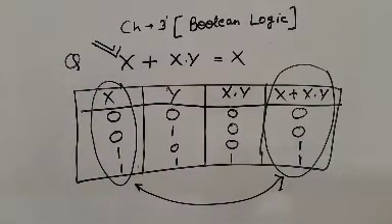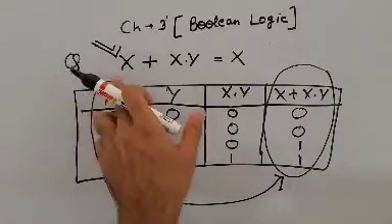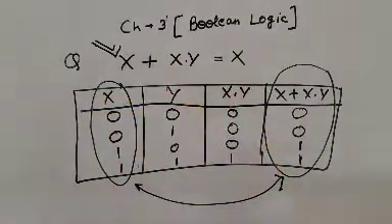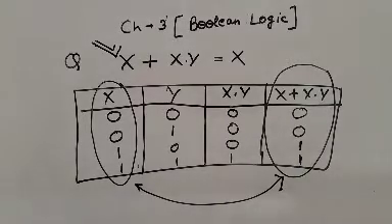Is that clear, students? I hope you understand this concept. Now there are various types of questions. Sometimes you just have to make a truth table and sometimes you just have to prove an expression through a truth table. So you just have to know this type of simple concepts. Is that clear? Now I will take some examples to build a truth table. Okay, now let's take a complex example.